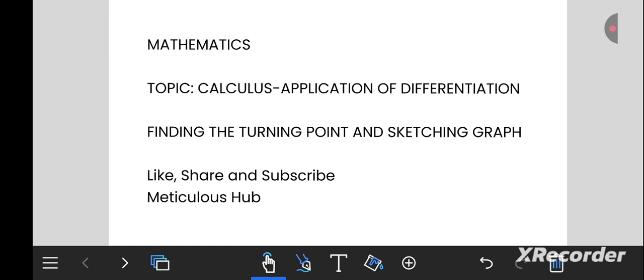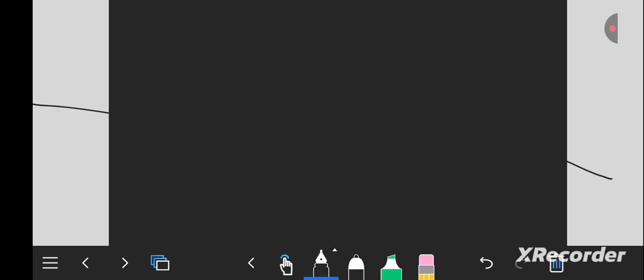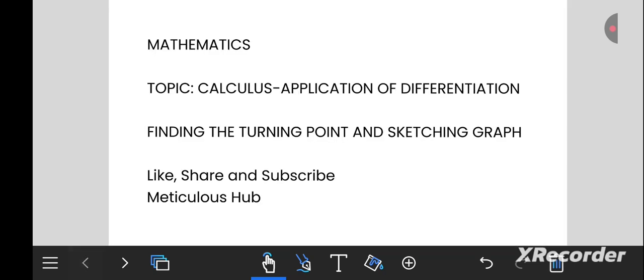how to apply the basic principles of differentiation in order to find the turning point, and also sketching the graph. It could be of a polynomial or a quadratic. So let's dive into it. I have this exam question which was asked in math 1120. So the question was,